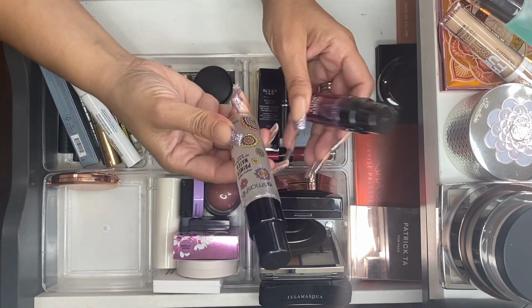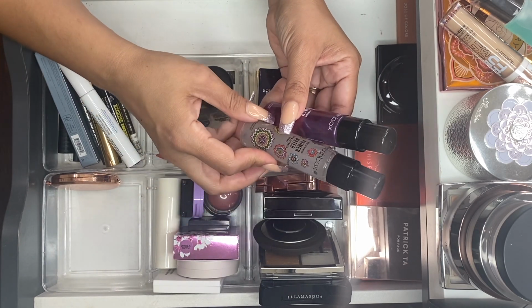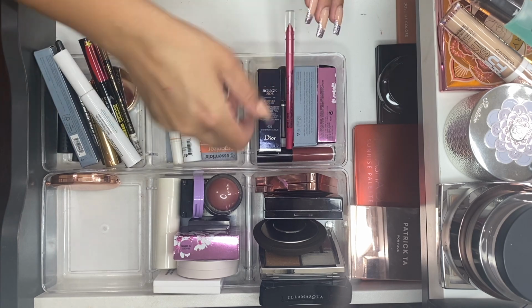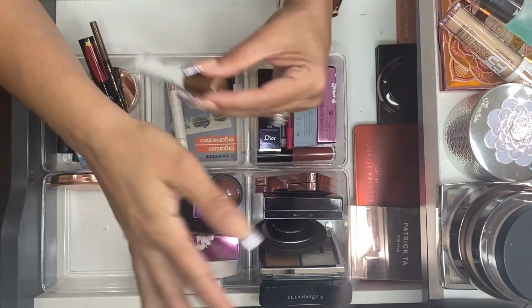It was okay. It's not like a favorite thing of mine, but it's okay. It works. It's good for, you know, every day. The Primer Water by Smashbox, I love. And I know I love that. Okay, I'm just going to try and finish up this section before we talk about concealer, before we talk about